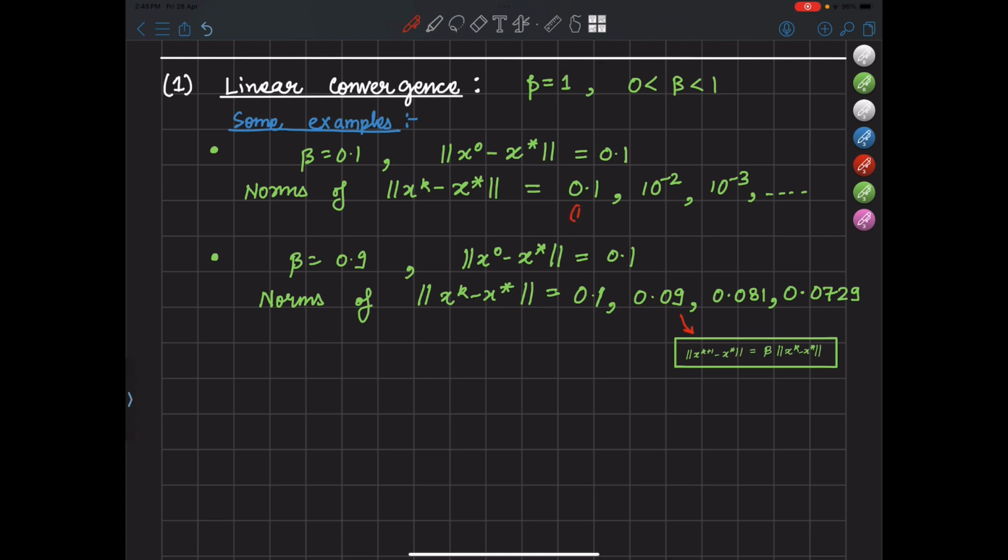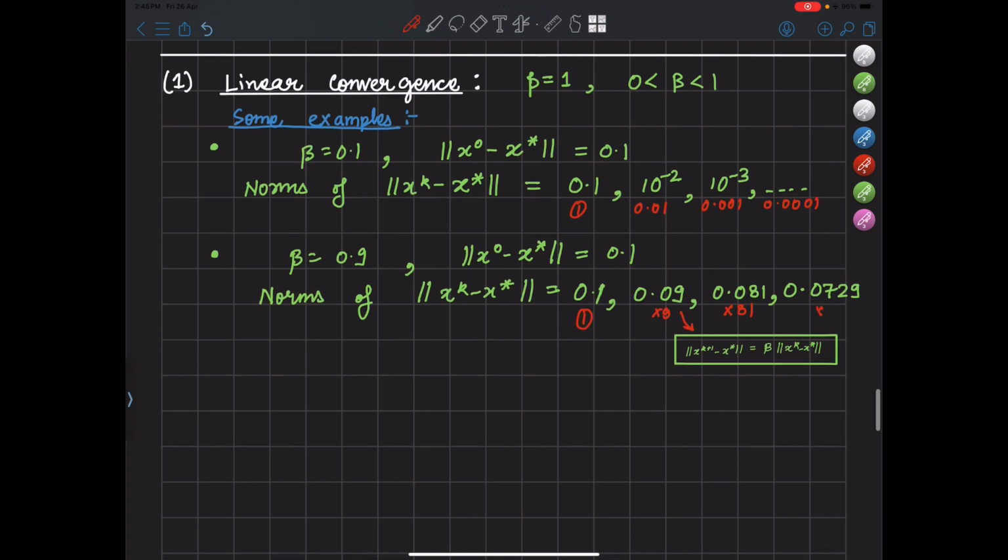Here you can see that in the first iteration both have the same distance from x star. In the second, it's 0.01 in one case and 0.09 in the other, which is 9 times that value. Then it's 0.001 and 0.081, which is 81 times that value, and here it will be 0.0001 and 0.0729, which is 729 times the value. So here the convergence is not as good as the previous one, which means we can conclude one thing here,